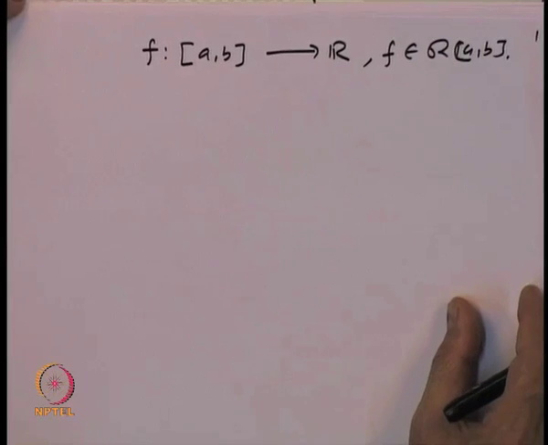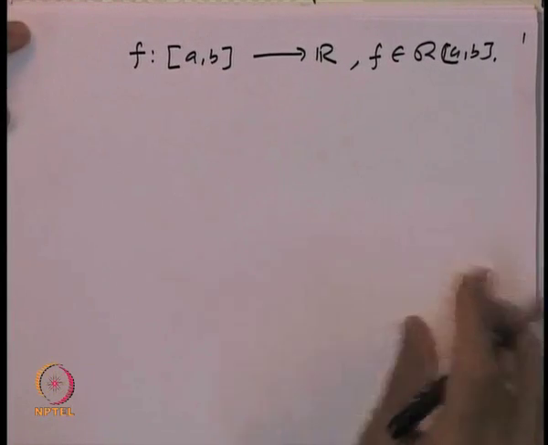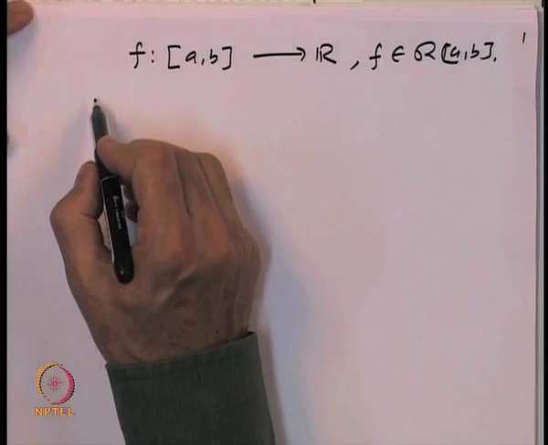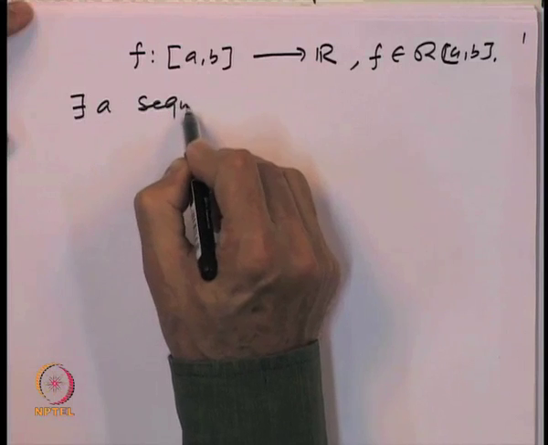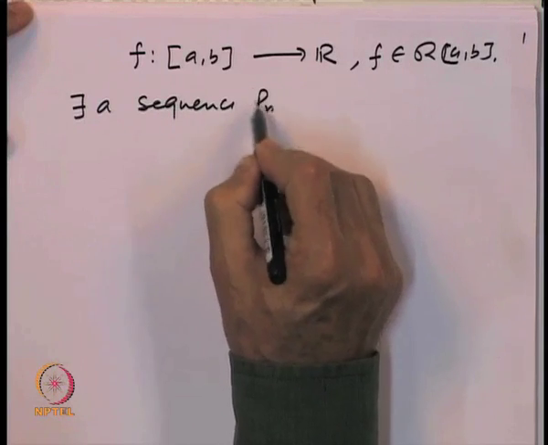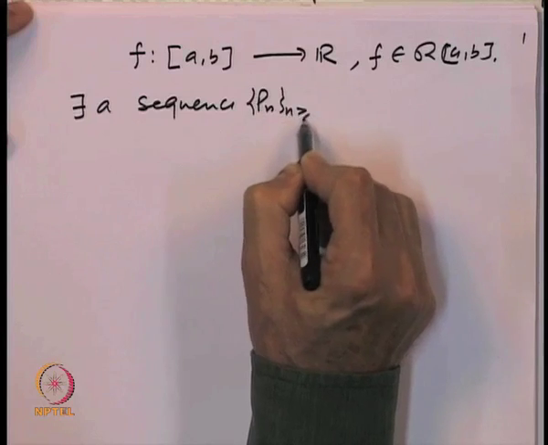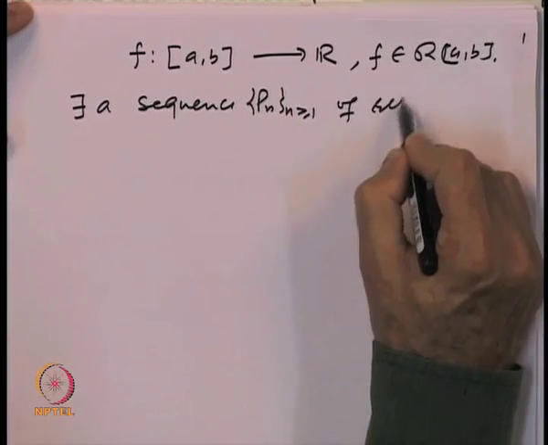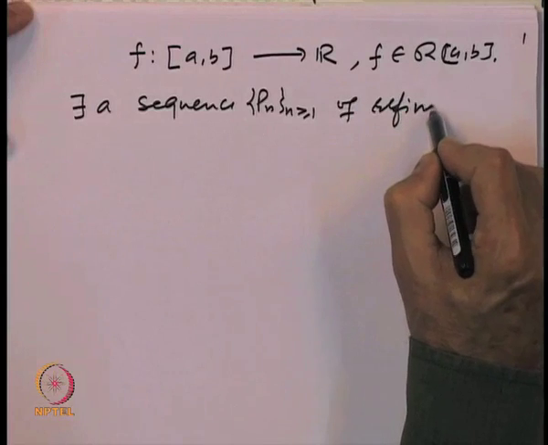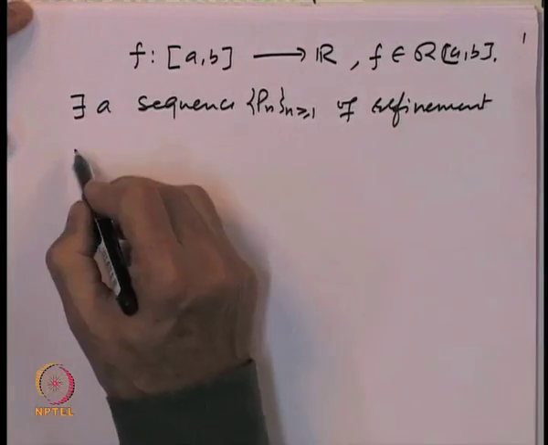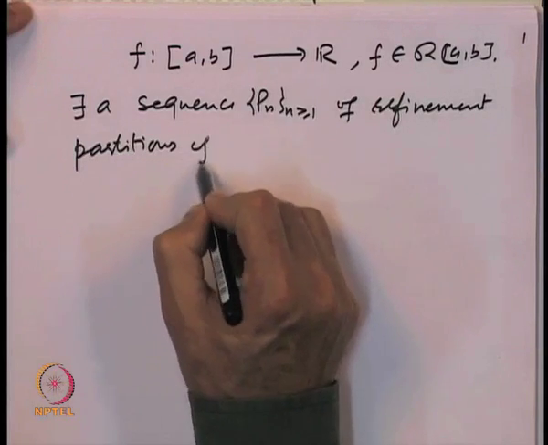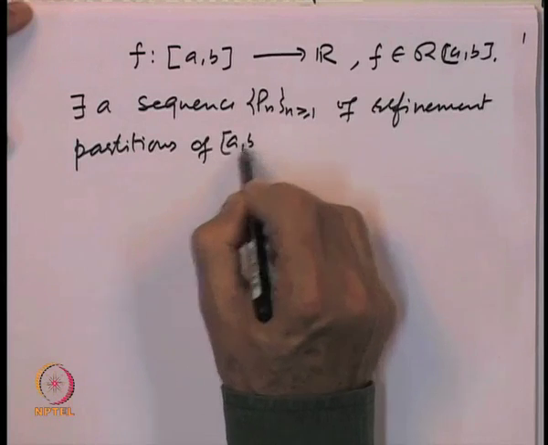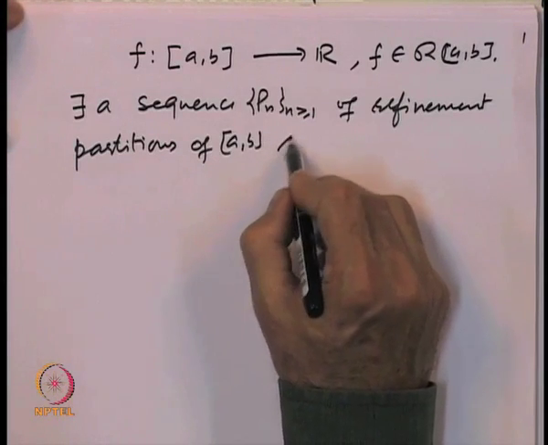The Riemann integrability of the function implies the following, namely, there exists a sequence P n of refinement partitions of the interval a b, such that